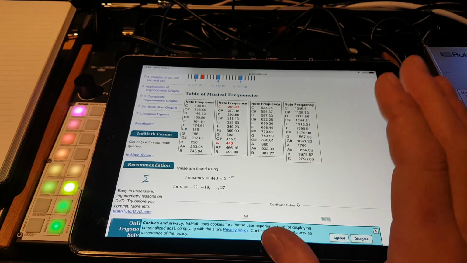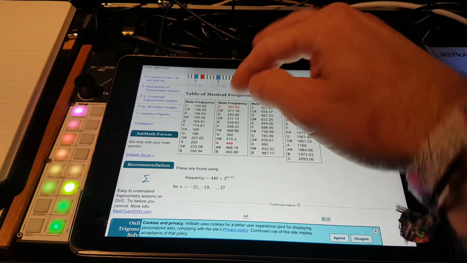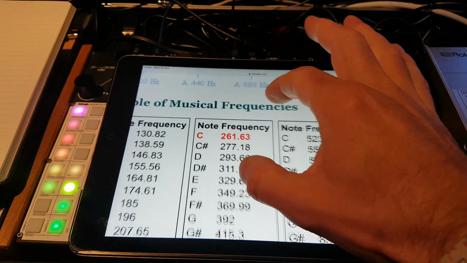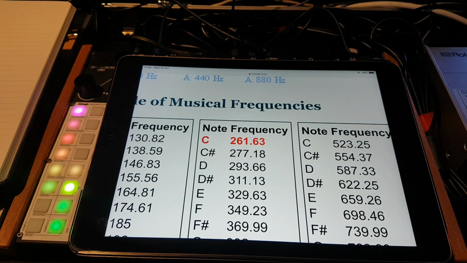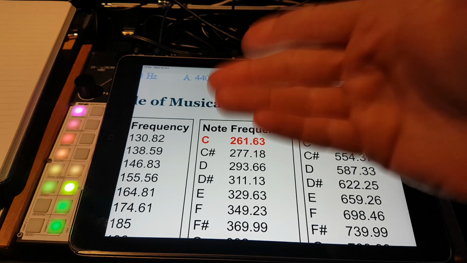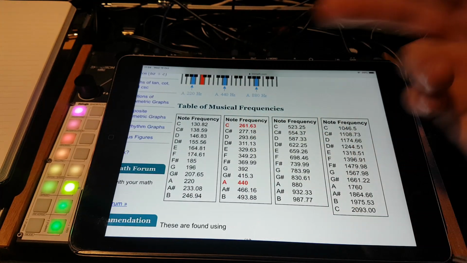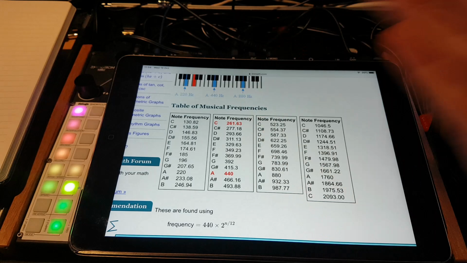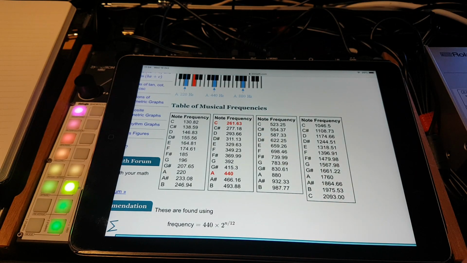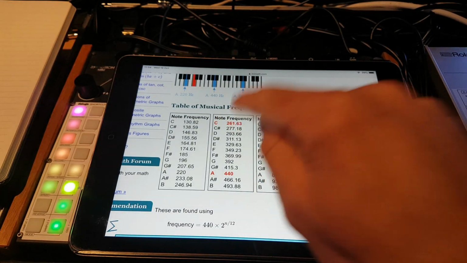And I'm seeing different things. On here it's actually saying the frequency is 261.63. If I just zoom in, hopefully you can see that. I've seen some websites that say it's 261, some that say it's 262. So, take your pick. You can round it up or you can round it down, or you can be very specific like that. So if we wanted to take that up to a ratio of 1:3, basically what we would do is we would multiply